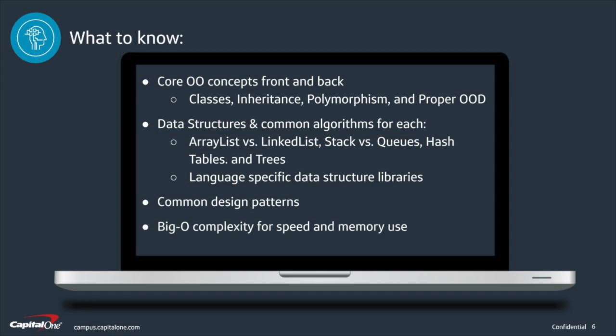All right, so going into the interview, you should really have a good understanding of object-oriented concepts. So classes, inheritance, polymorphism, and proper OOD. You should know your data structures and your common algorithms for each data structure. You don't have to know how to write these data structures from scratch, but you should be able to use them or execute them and talk about how you would optimize a solution using a particular